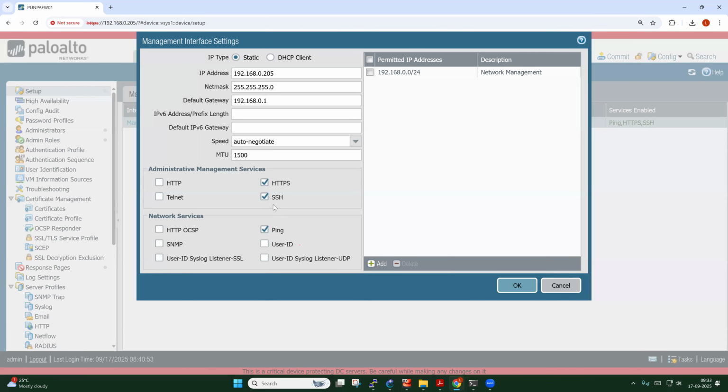Okay, okay. And whenever we say that Palo Alto has the feature that it has a different management plane and a different data plane, the current profile which we have applied is on a data plane interface, right? Exactly. Yes. This setting is a default setting on the management plane, right? This is the management interface. So this is a management plane setting. The one we just now applied to